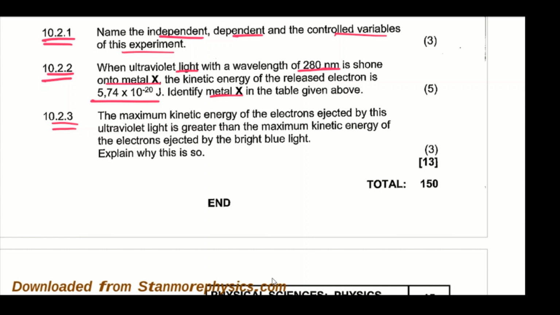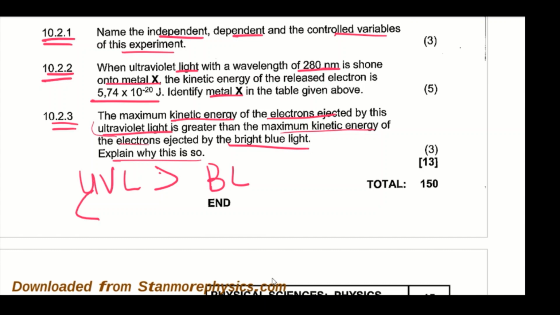10.2.3 says that the maximum kinetic energy of electrons ejected by the ultraviolet light is greater than the maximum kinetic energy of electrons ejected by the blue light. So we're comparing ultraviolet and blue light, right? Explain why this is so. Why is the kinetic energy of the ultraviolet light greater than that of the blue light? So if you're looking at the ultraviolet light, we can look at the